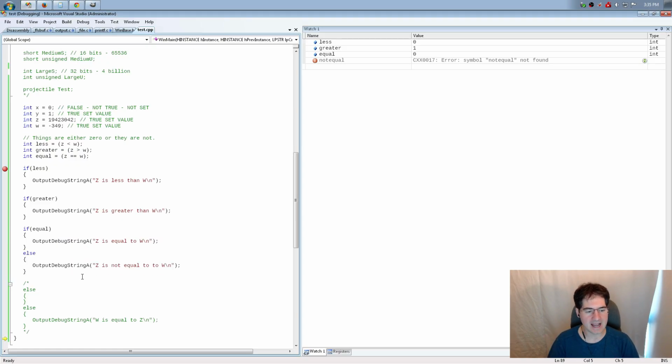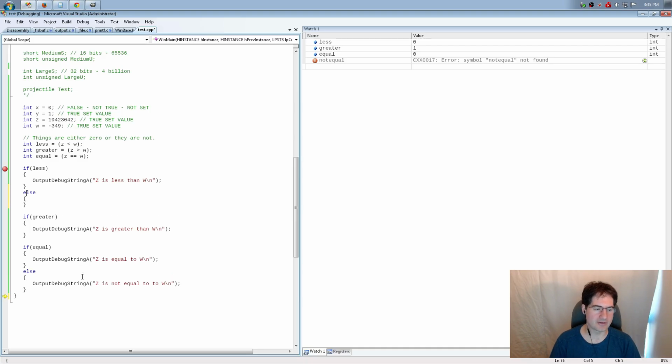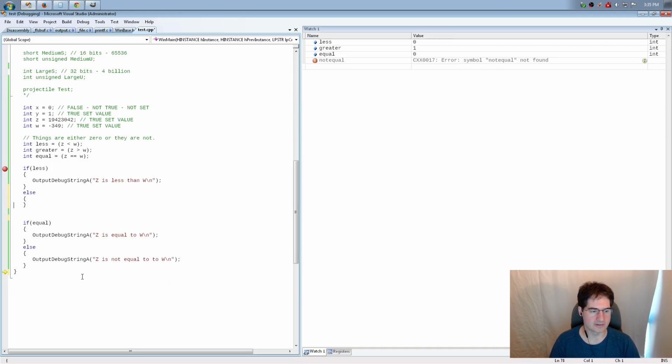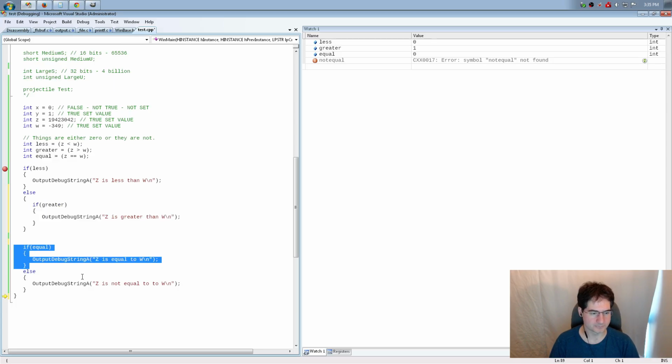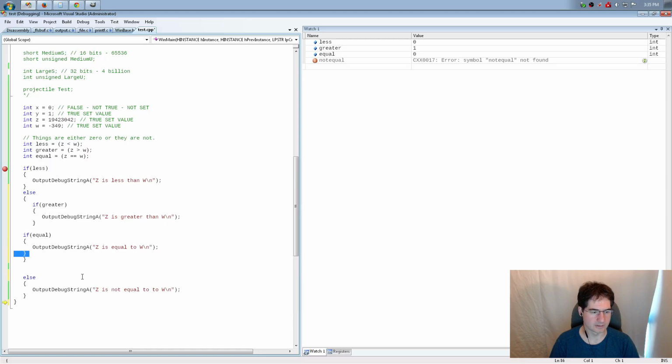Now you can stack these up if you would like to, as I started to write down here, but then I figured it would be better to explain them in a slightly different way. You can stack these up. So let's say I'm on here and I do if less. Well, I know that if it's less, then it can't be anything else. So I'm just going to put everything else in the else clause. I'm going to say, okay, well then I'll test for if it's greater, right? And then I'll test for if it's equal in here, right? I'm just going to do these tests.